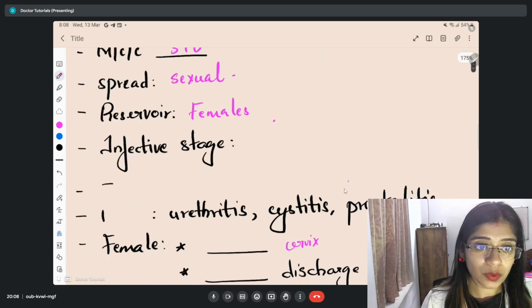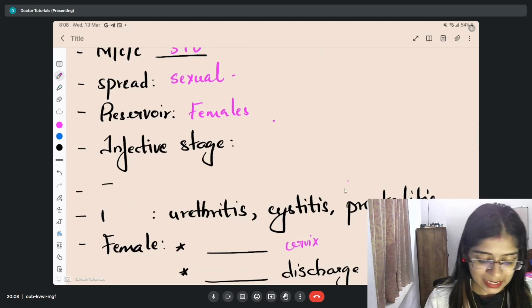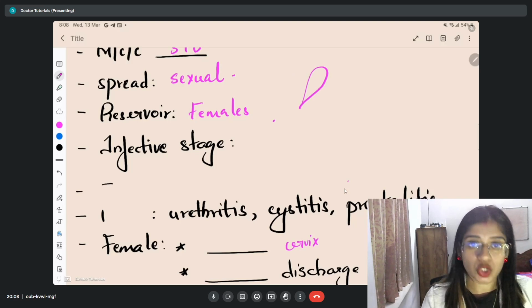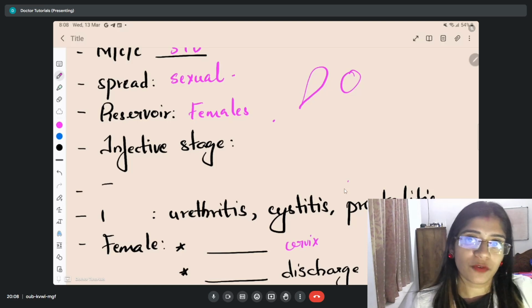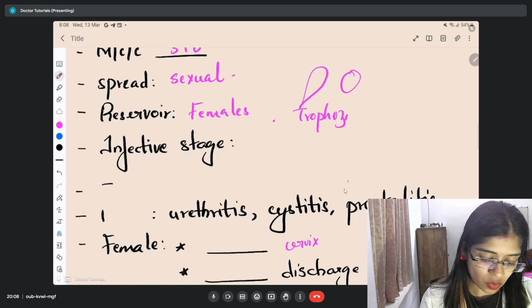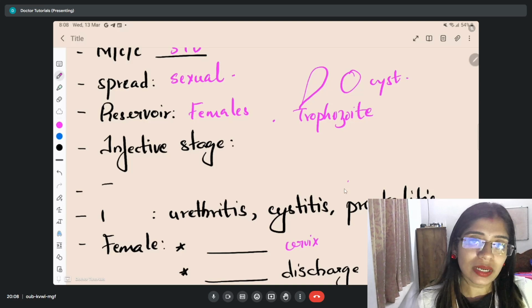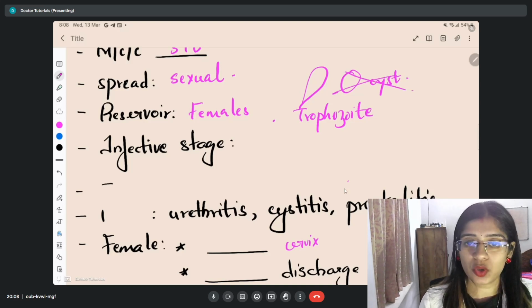Now, remember when I talk about parasites, mostly all the parasites have got this trophozoite form. Okay, something like this. This is a trophozoite form, and they have got a cyst form, but the other forms are also there, but mostly it is a trophozoite form and the cyst form. Now this Trichomonas is the only parasite which does not have a cyst form. It has only the trophozoite form. Very, very important.